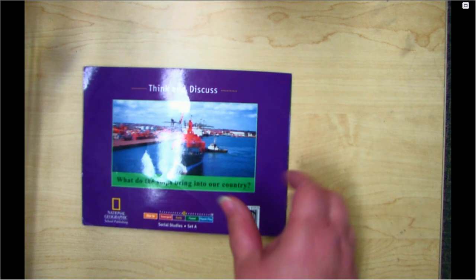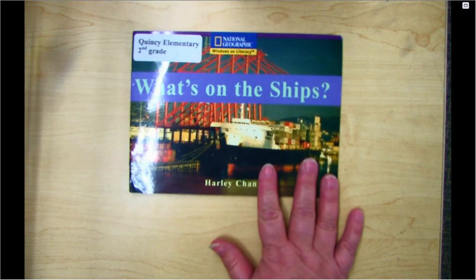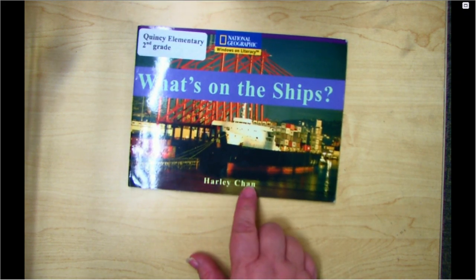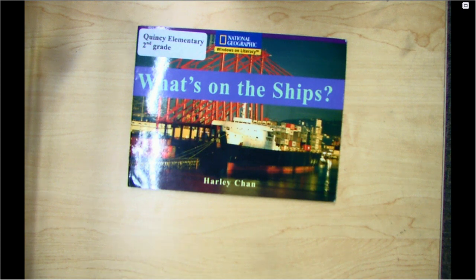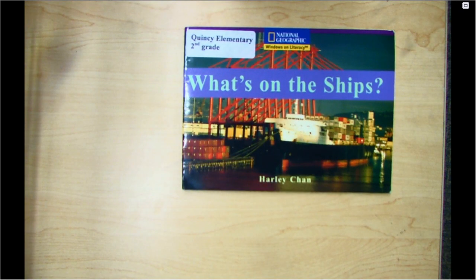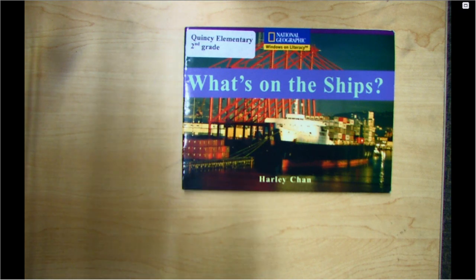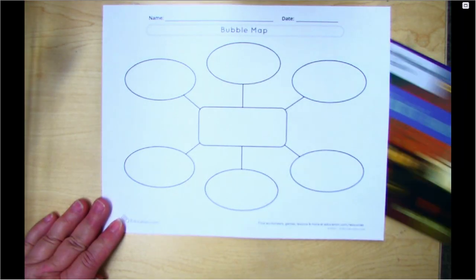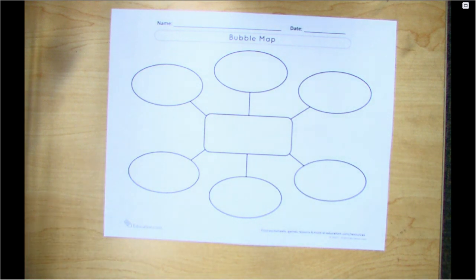All right, there, second grade friends. So, looks like the author of this book was Harley Chan. And so before he sat down and wrote this book, I'm guessing ships are something that's interesting to him. So he chose a topic that he knew a lot about. I wonder if maybe one day he actually was working on a ship. That'd be interesting, huh? So, what I think Harley Chan must have done was create, you got it, another web